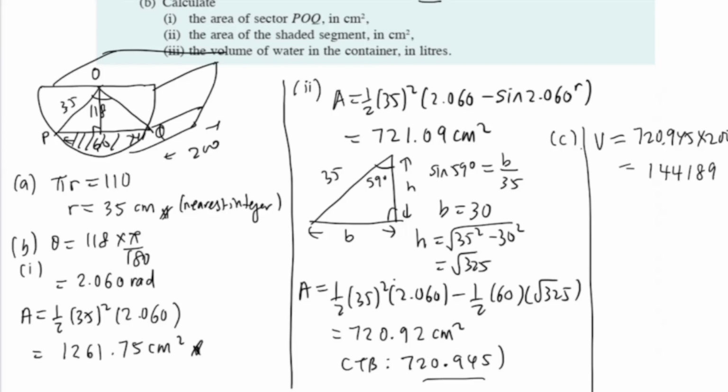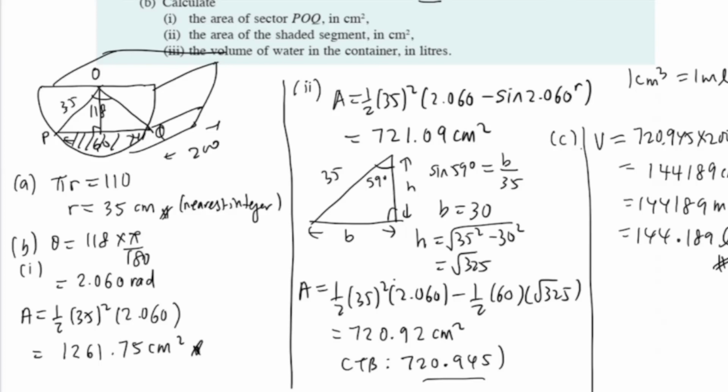144,189. But remember, this is in cm cube. Now 1 cm cube is 1 ml, right? So this will be 144,189 ml. But you want your answer in liter, so you convert to liter. This is 144.89 liter, right? I hope you can see it. Can't see the n. It is liter, right? Okay, you can't see that. This is 200. Okay, so